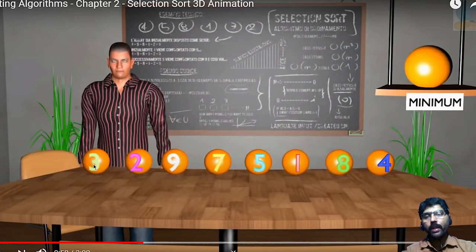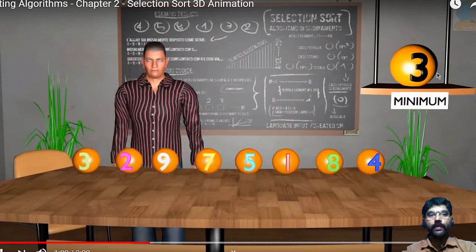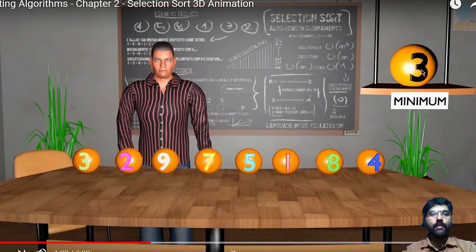First I will pick the first element from the unsorted array. Initially the whole array is unsorted, so I pick the first element and put it in the minimum. See, the first element is stored in the minimum here.